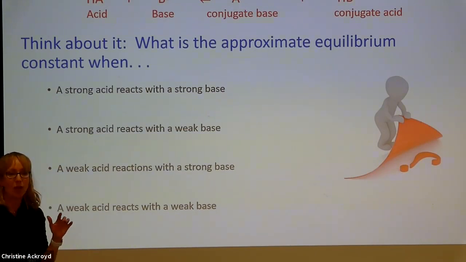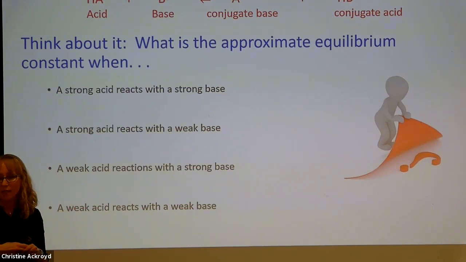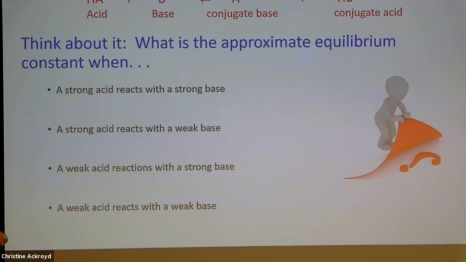In perspective, this analysis where we only have to decide where the equilibrium will lie. If you have a strong acid reacting with a strong base, let me write it out for you. This is relevant because it applies to titration. Okay, with our acid, we're going to make it a charged base. Our acid reacts with our base. We're going to form the conjugate base plus the conjugate acid.